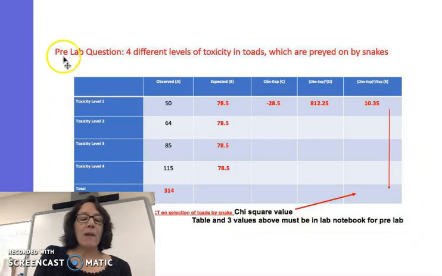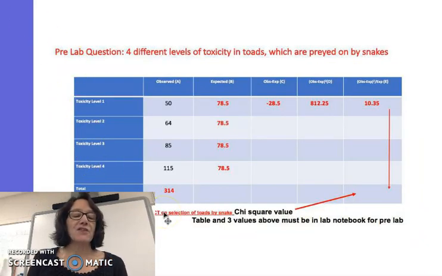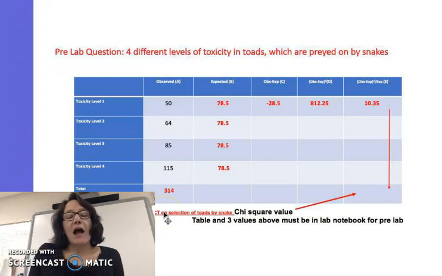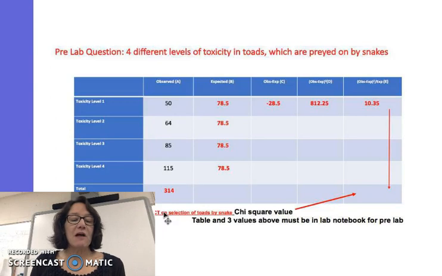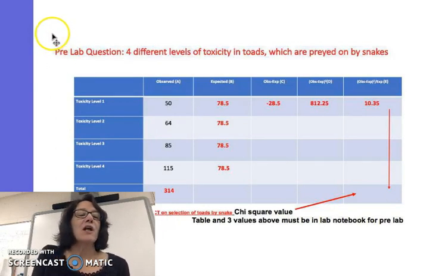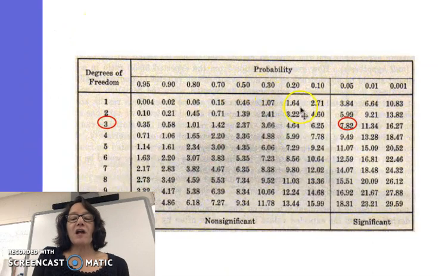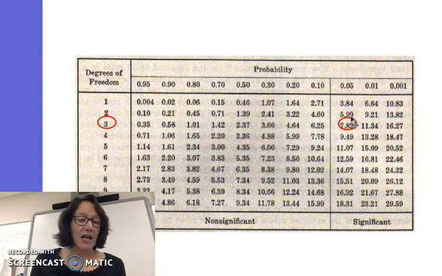So when we look back at our null hypothesis and we say, does color have no effect? We have to either accept that color has no effect or reject that color has no effect. And our data is statistically significant enough that we are going to reject that color has no effect, because we found, based on our expected levels, that it was statistically significant, and we're saying this was not a chance event, that there was a selection process happening.